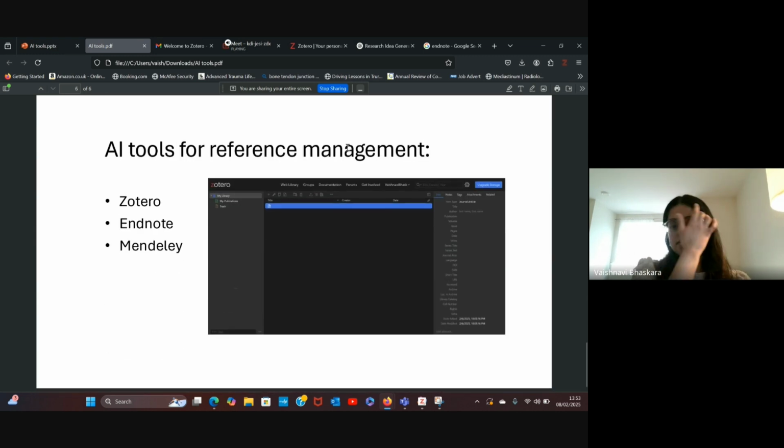Right, then for reference management as well, there are some AI tools you can use. Zotero, so I have institutional access with it, which is why on my laptop I can't access the whole thing. But this is essentially how it will look. You can have a thumbnail on your toolbar at the top of your search engine. And whatever you're looking at, if you click on that thumbnail, it will add that link to your list. When it adds to the list, this is how the interface looks when you open it.